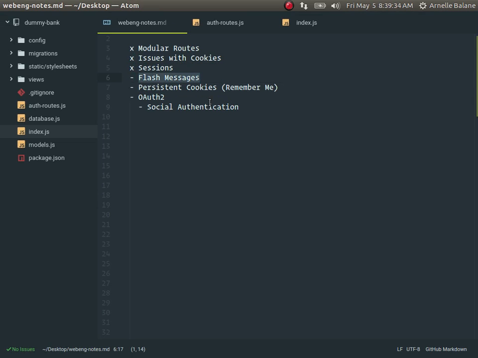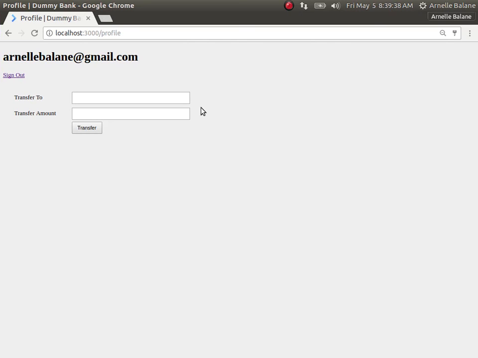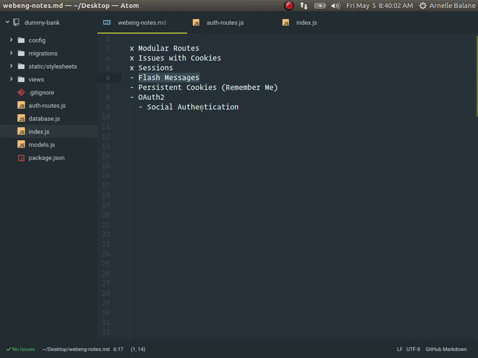And the next thing is flash messages. What are flash messages? So you notice those, like let's say when you sign in or sign out from whatever account you have online, there's a notification somewhere like successfully signed in or signed out successfully, and then the next time you refresh, the notification disappears. So those are examples of flash messages. So basically they are